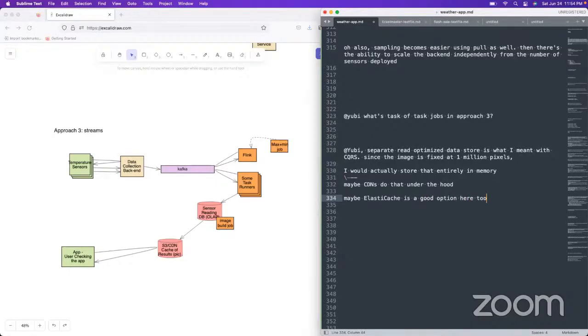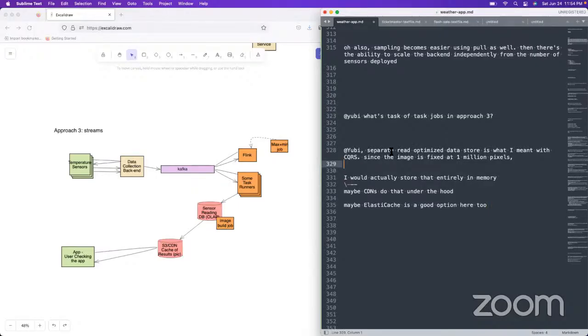Yeah, I think that one might also be doing edge caching stuff. It might be a good idea here. It might actually be a bit of a CDN. And then I actually want to go into the first part, which was with read optimized data stores, what I meant with CQRS since the image is fixed. And then this chunk was actually related to the second part of your